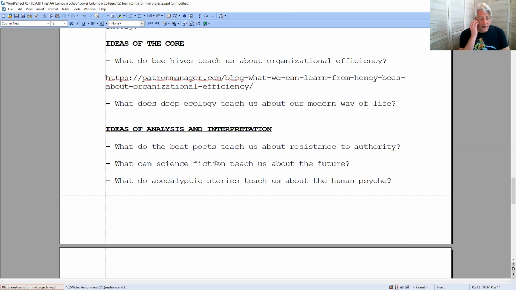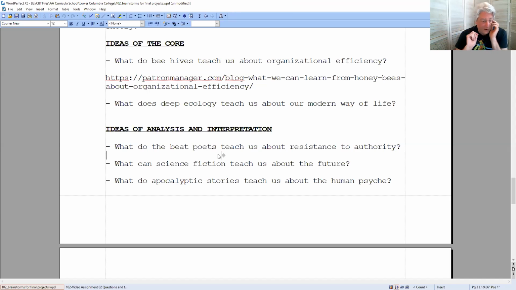But as I'd said before, and I hope if I reuse this video, I've said this before, this idea really would work great with literary interpretation, where you take some stuff to read. Beat poets, science fiction, apocalyptic stories, Victorian literature, modern poetry, slam poetry, the romantics, the transcendental romantics, the writings of Henry David Thoreau, et cetera, et cetera.